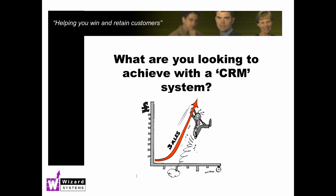Of course the key thing we want to get at in any future dialogue with you is what are you looking to achieve with Workbooks and CRM generally? Are you replacing an older CRM system? Maybe you're a startup business and you see a desperate need for a central system to help you promote your company and start the business off. Are you looking for better marketing, tracking sales, tracking quotes more effectively, helping you acquire more customers, improve customer service, which is what we're going to focus on today? It may be a combination of those, and we really want to get to how you are going to measure